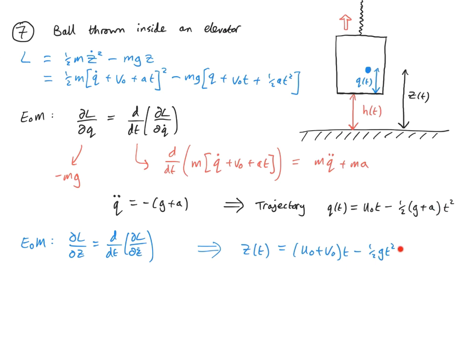So these are two different ways of viewing the same physics. From the perspective of the ground, we throw up the ball and it just has a higher initial velocity, but it still accelerates under gravity. Whereas relative to the elevator, the initial velocity is just the velocity relative to the elevator, but it feels like gravity itself is stronger. I should emphasize the physics here is really the same, it's just a matter of our